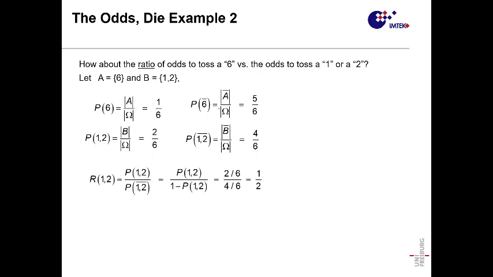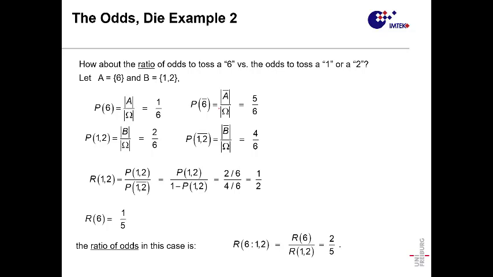And now you can calculate the ratio between them. You calculate first the odds of having a 1 or a 2, so it's the probability of having a 1 or a 2 over 1 minus the probability of getting a 1 or a 2. The other odds we calculated before, we said it's 1/5, and then if we do the ratio, you get the ratio of the odds, which is 2/5.